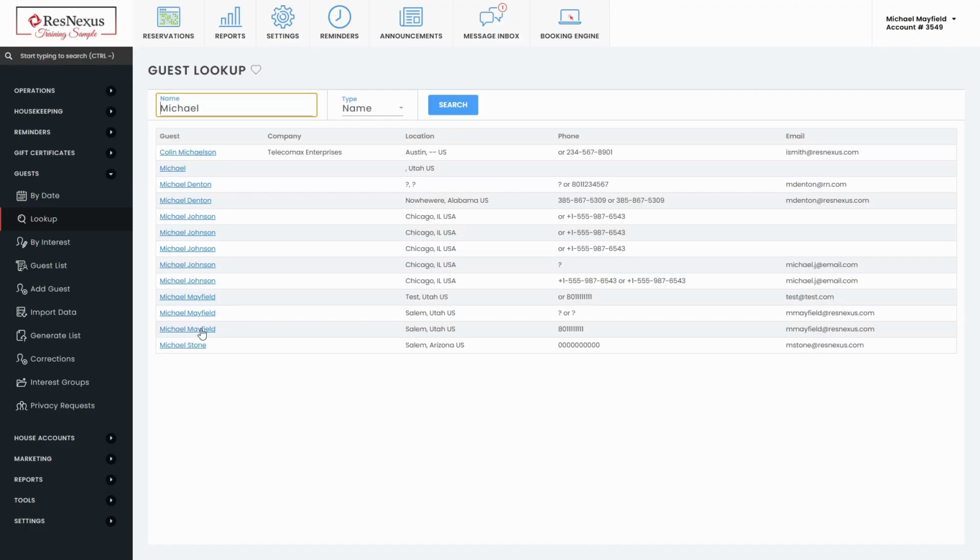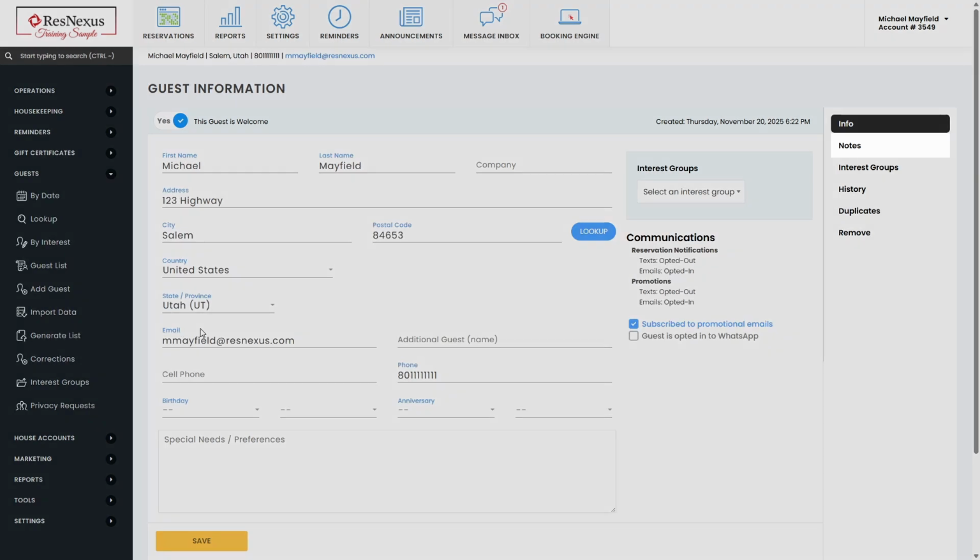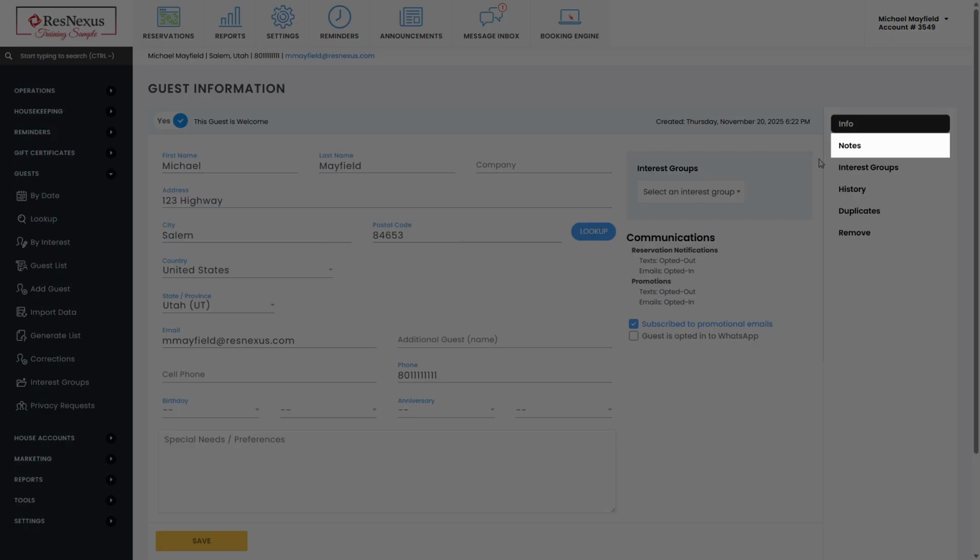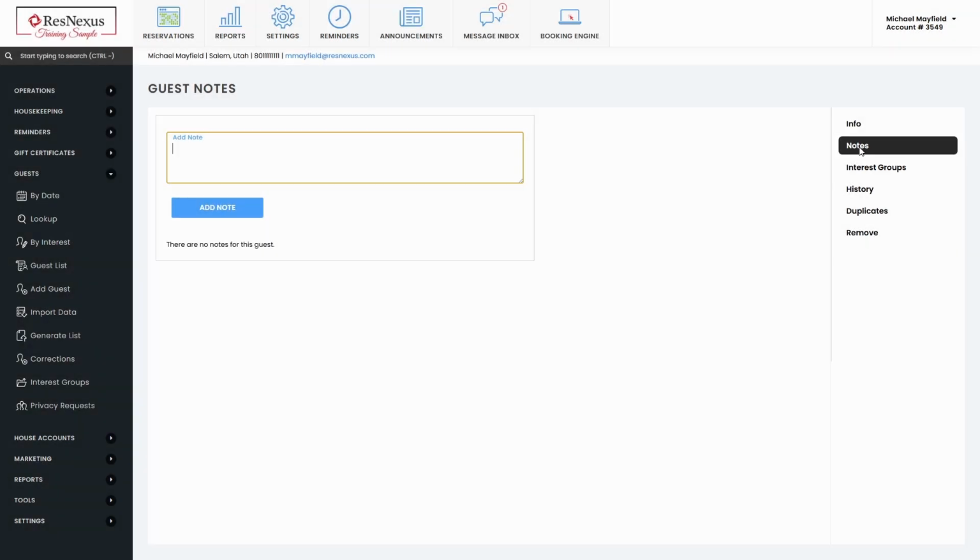Once you found your guest, select the guest and click on the notes on the right-hand side. Once inside of notes, you can add in your note. And click Add Note. Guest notes are really good for keeping track of food allergies or special needs or preferences